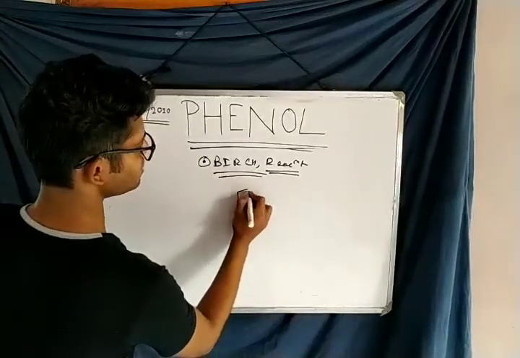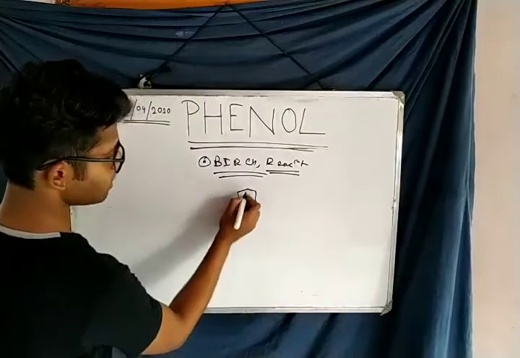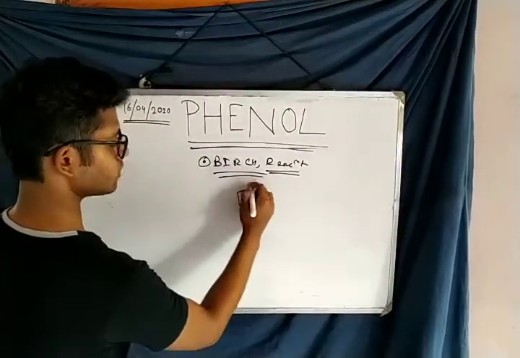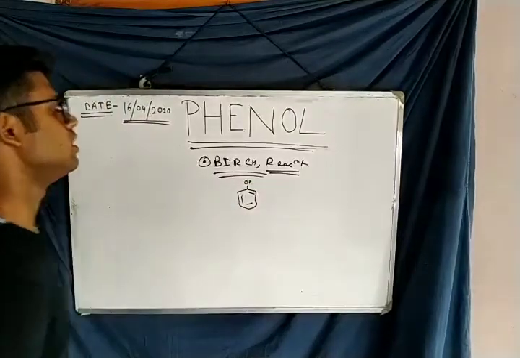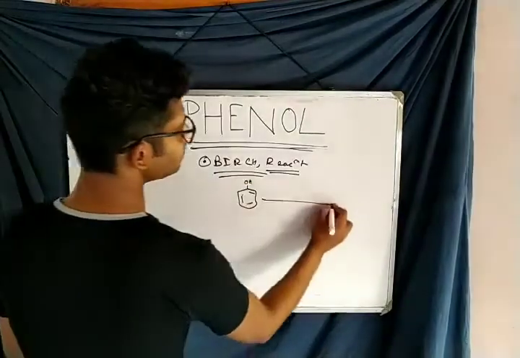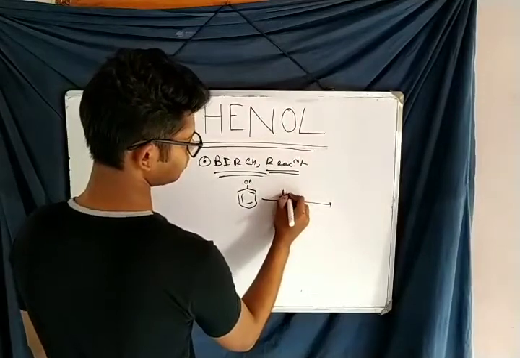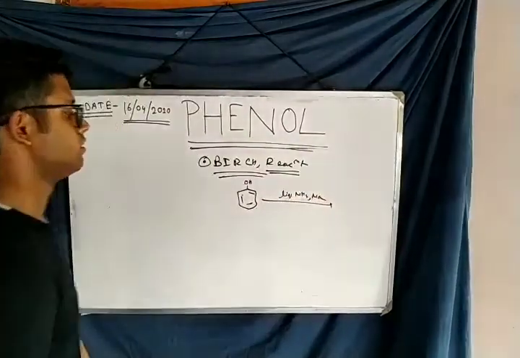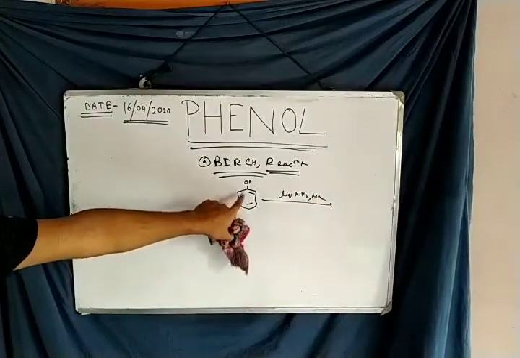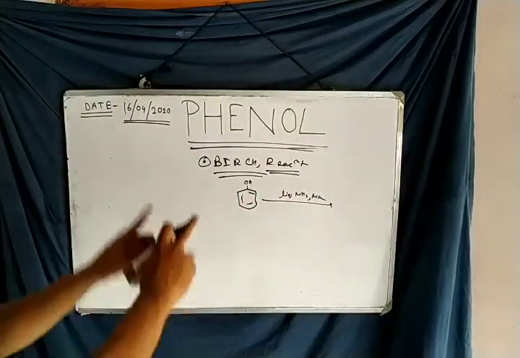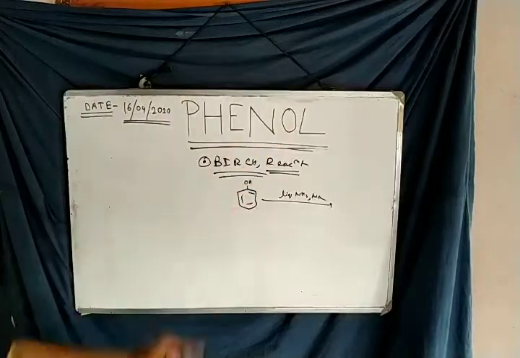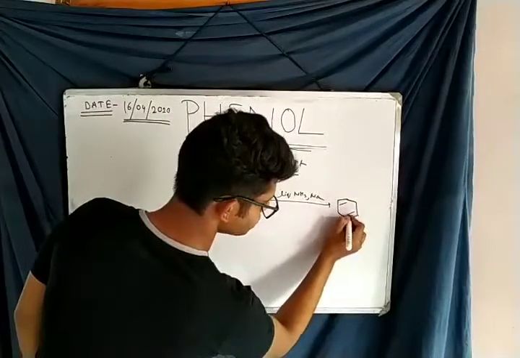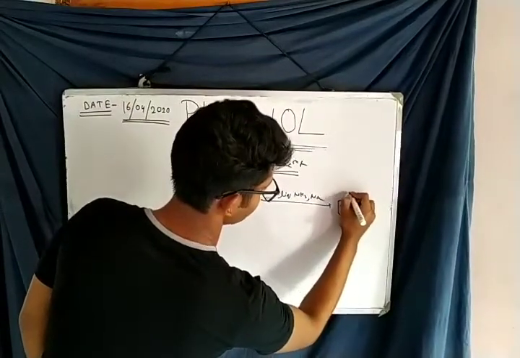When phenol is treated by, can I draw the structure of phenol in this type? It is also phenol. If we react phenol with liquid ammonia and sodium, there are two bonds. One bond is going to attach and replace from this ring. So this type of structure occurs in phenol.